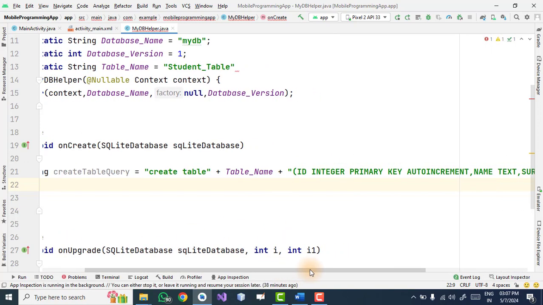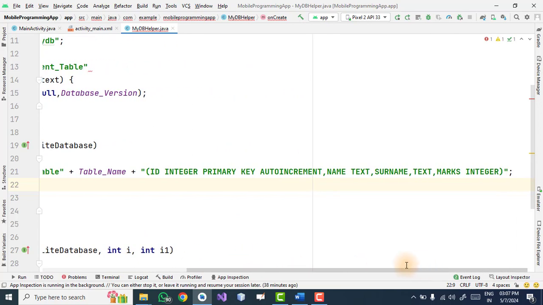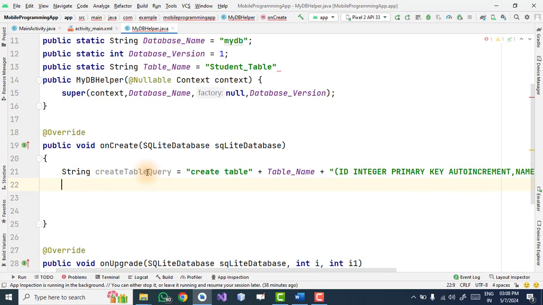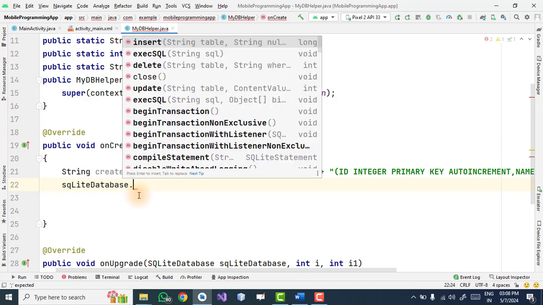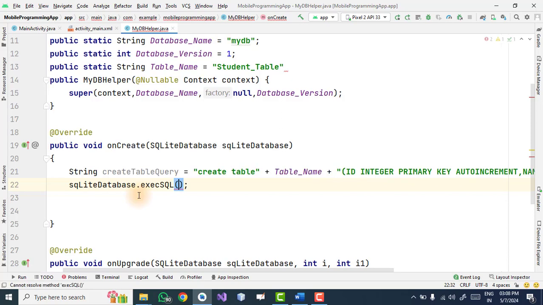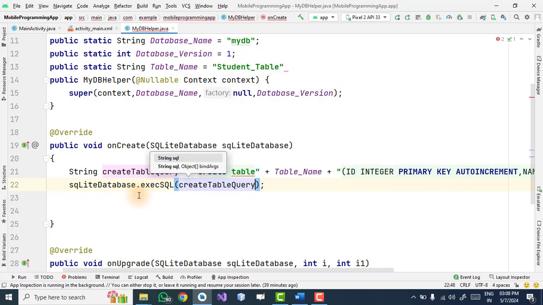So this is my query, and this query is stored in the variable table query. Now we execute this query using the SQLite database object. Here we have an object. Just copy this object and then execute execSQL, and then we pass the query variable.